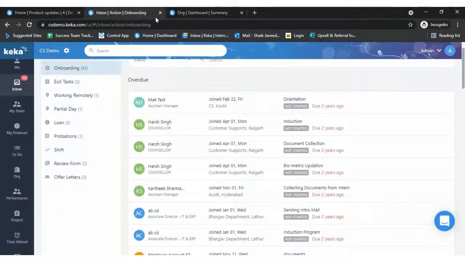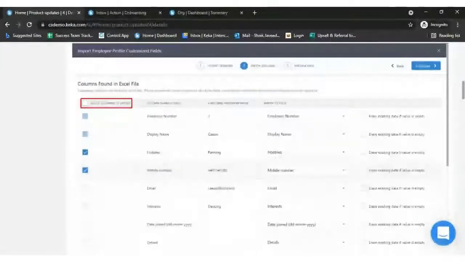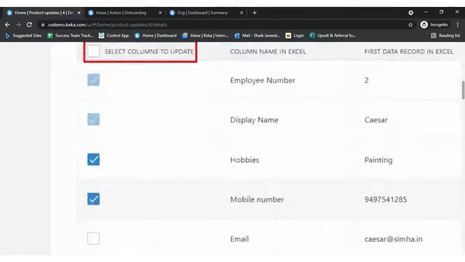Earlier, whenever you tried to import this data, if there was any column you didn't want to update and you left it empty, it used to override the existing data. Now, if you don't want to update the existing columns which have data in them, you can check the columns, select columns to update.